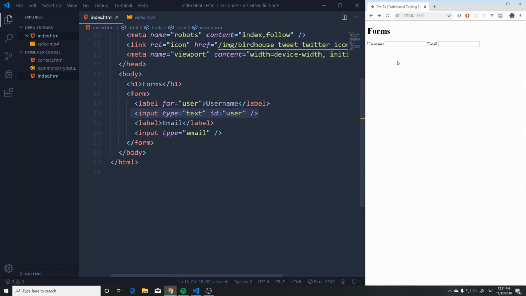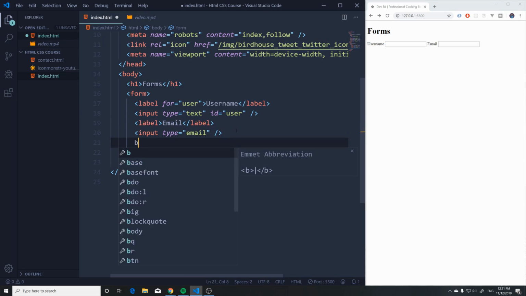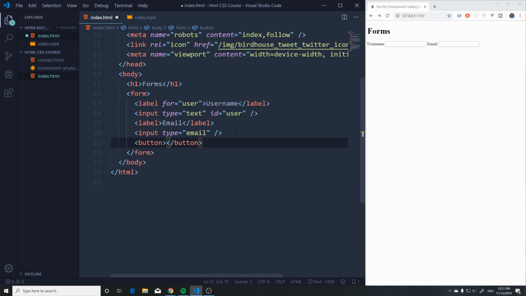So boom, as you can see, it activates the input so I can start writing. This makes it a bit more accessible and a bit easier for the users to write the inputs. So lastly, what I want to show you, and I also want to show you the difference between text and email here, is at the end, if I just add a simple button here, and I'm going to say submit